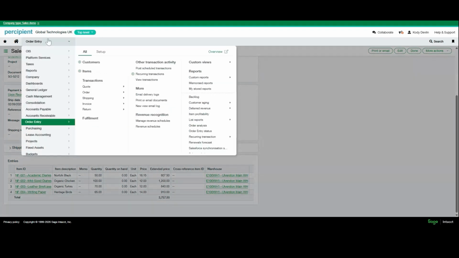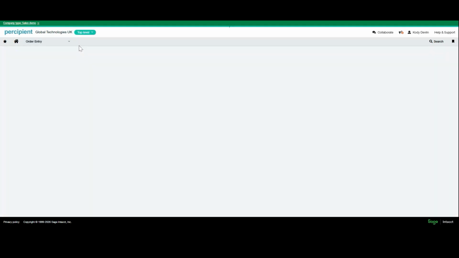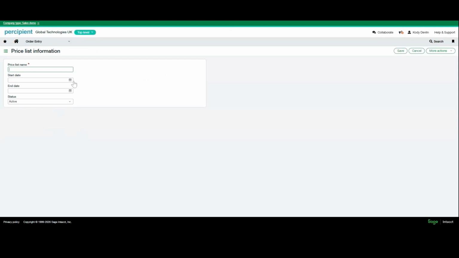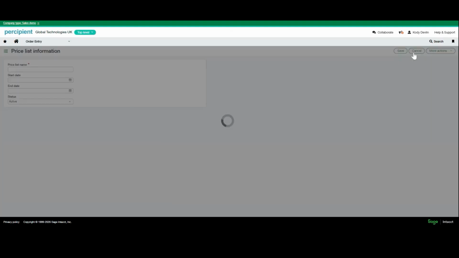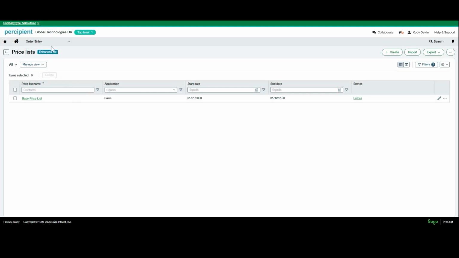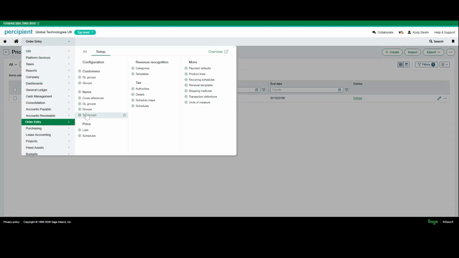Pricing in organizations is rarely simple. Sage Intacct supports multiple pricing models. We have standard price lists. We also have customer-specific pricing, contract pricing. There's also volume discounts, promotional pricing, and bundled pricing. These rules can be applied automatically based on the customer and the item selected, and additional charges such as